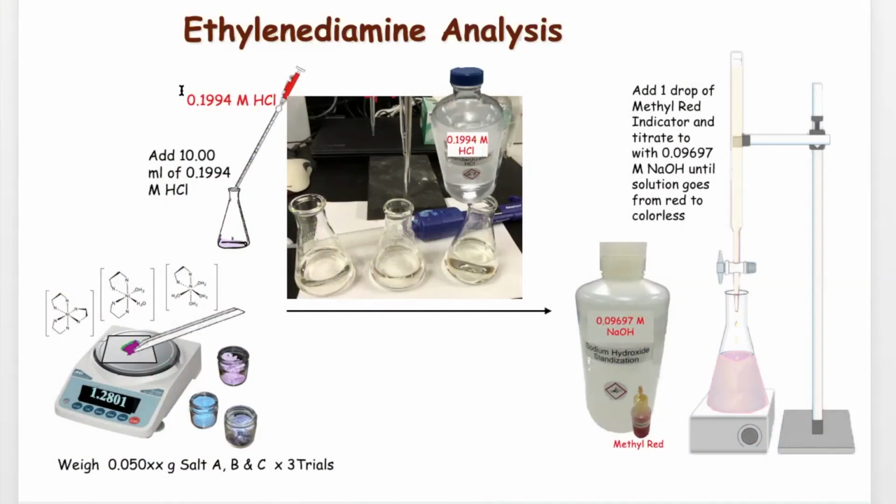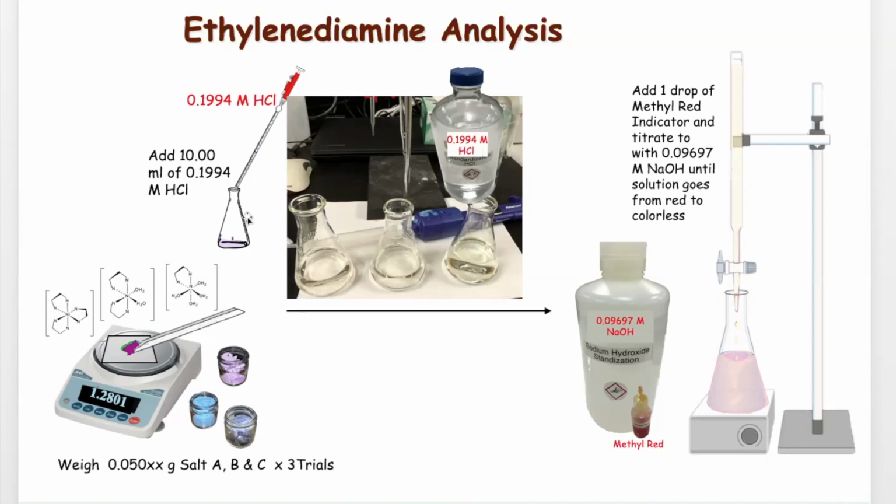So let me go back. This is the PowerPoint for the titration. You weigh a certain amount of salt. You add hydrochloric acid. It's 10 milliliters of 0.1994. That's an excess amount, okay? The concentration is 0.1994 molar of hydrochloric acid. So these are the possible salts right here, okay? And then